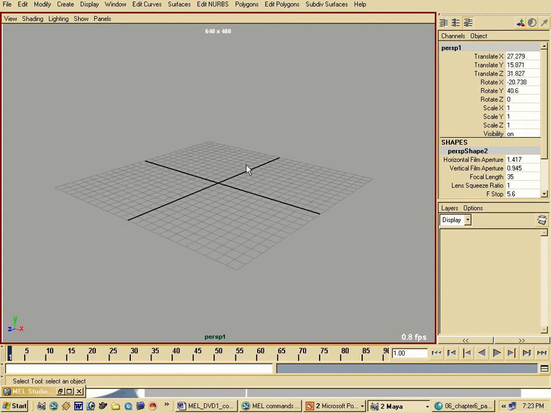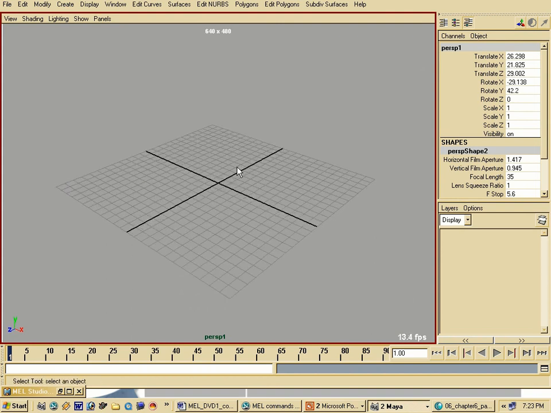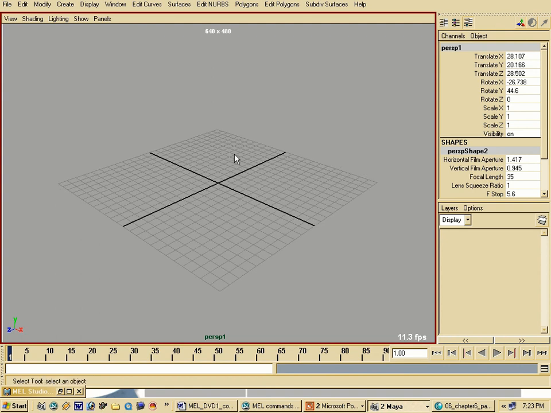which camera is active. Now it takes a little bit of looking at how you can get that, but the main source is that you check your script editor to see what is happening. And what I always do, if I don't find the command, because sometimes commands are not really called the way you would expect them, is I look for scripts on Highend3D that do something similar, or I look for scripts in the Maya scripts directory that do something similar, and then I dissect those scripts and see what I can learn from them. Now from doing that,